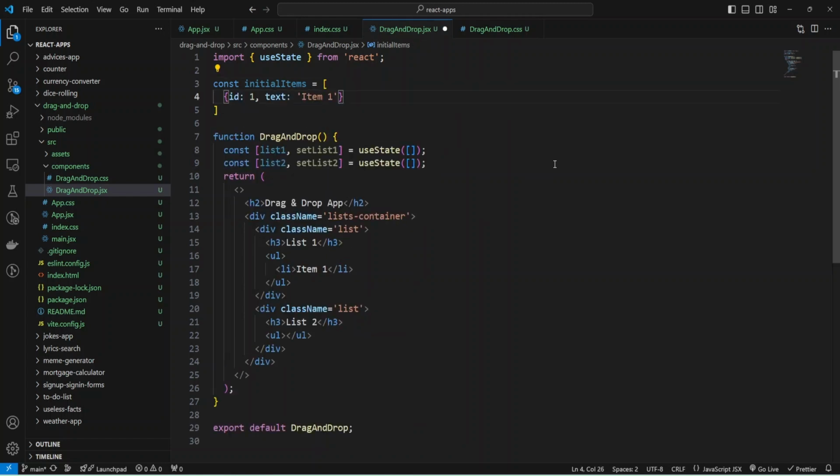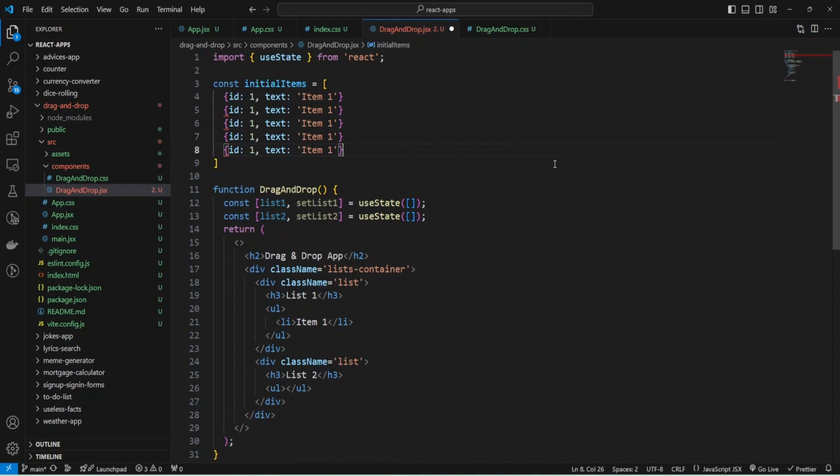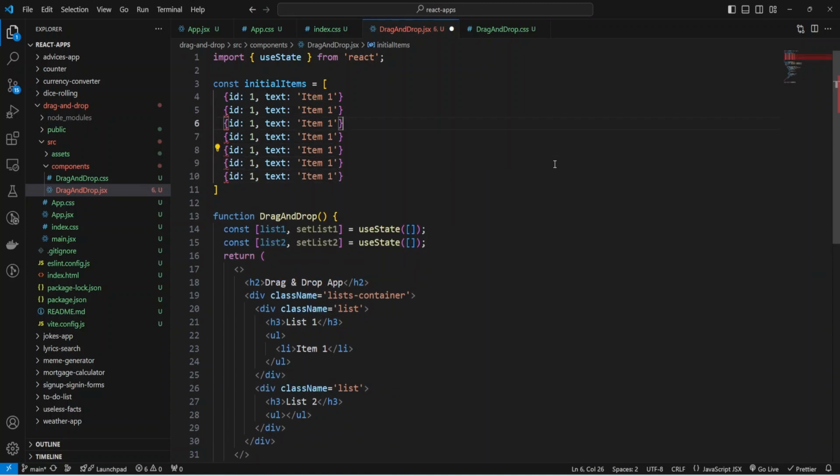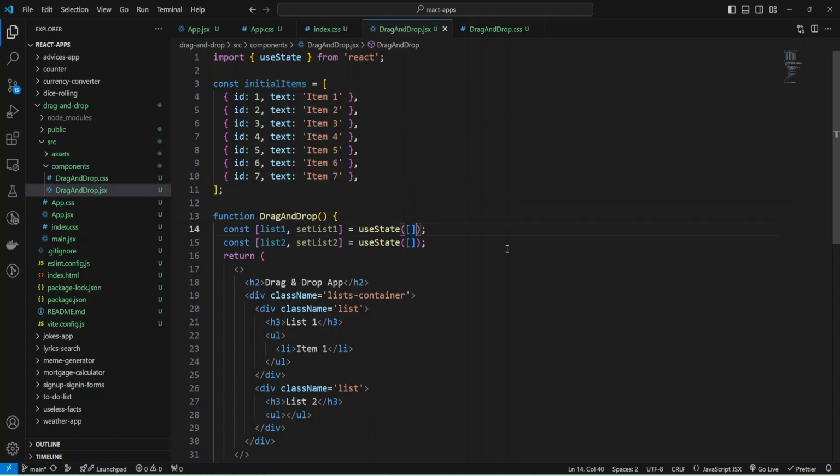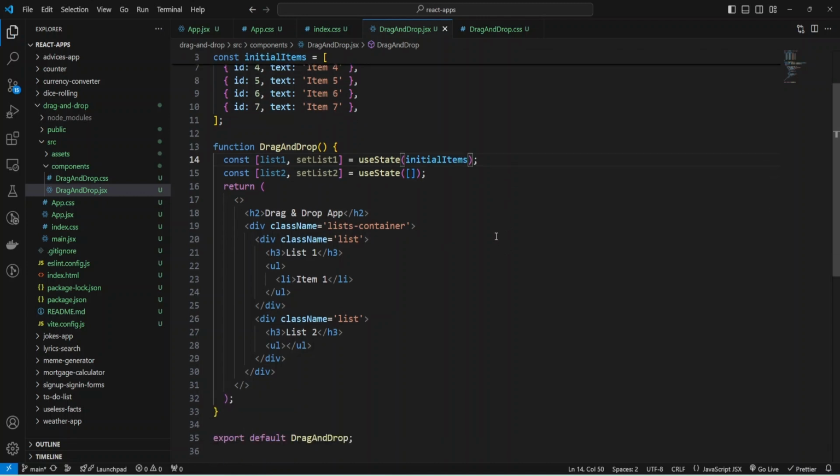I'm going to copy paste this item and change the numbers 1, 2, 3, 4, 5, 6, 7, and make the same for the text. I need to add commas to avoid these mistakes. And I can provide my initial items as initial state to my list1.